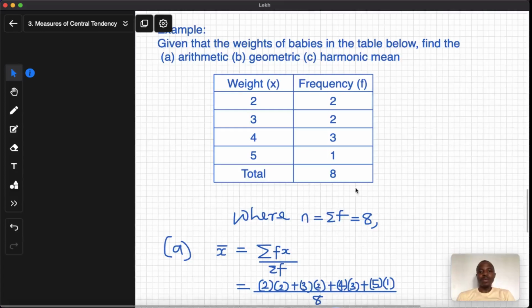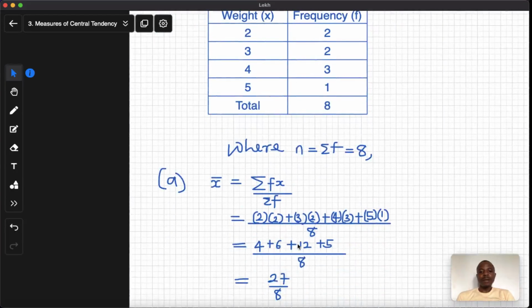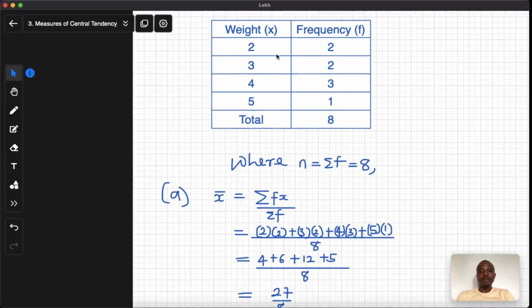All right, the number of observations will be 8. And that way we go on, and so each of the frequency will multiply by the weight value. So 2 multiplied by 2 in the first one, the frequency. So the next one, 2 multiplied,